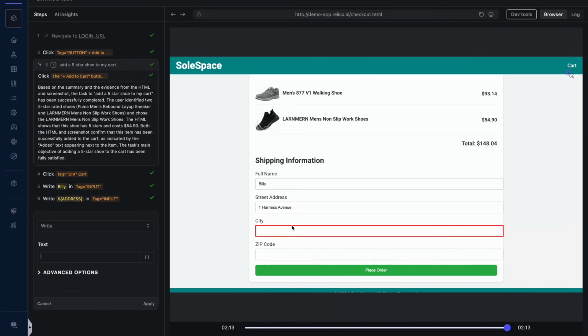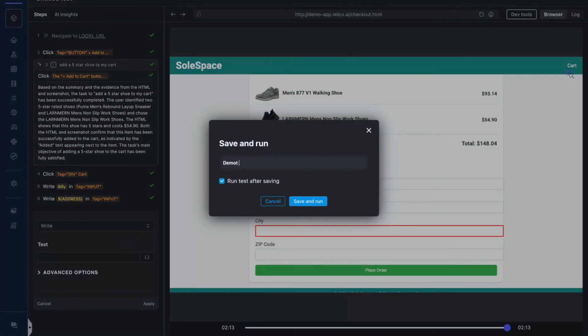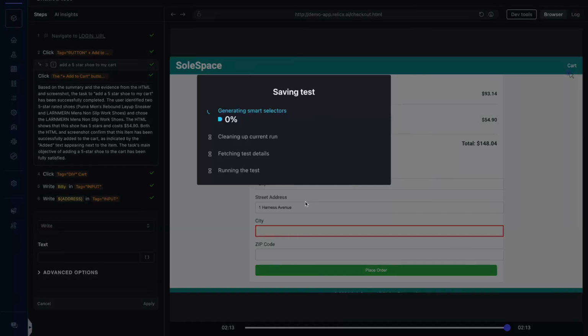When I want to come to then save my test, and we'll call this our demo test run, Harness will generate those smart selectors for me, ensuring my test is built robustly. It will clean up my current run, and we will do a quick test run of my test itself, ensuring it's been built to a good standard and that it executes as we would expect when we recorded the test